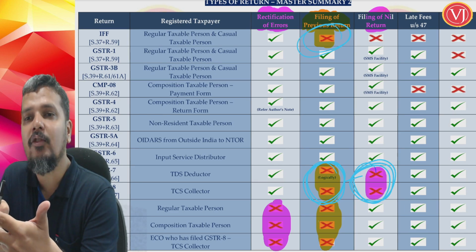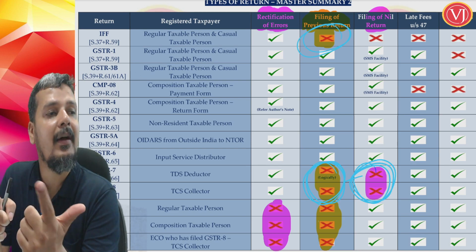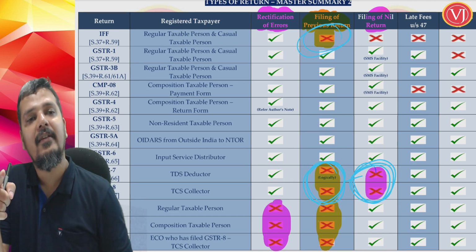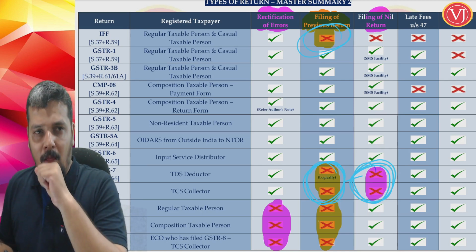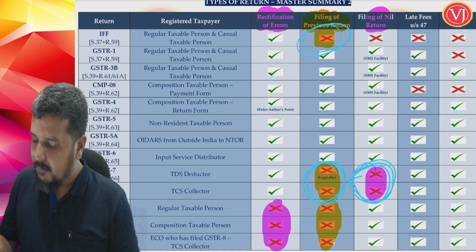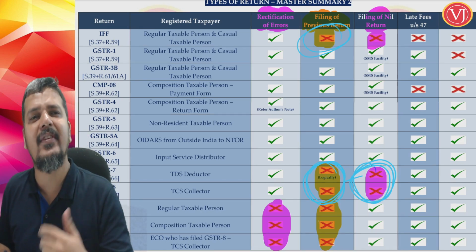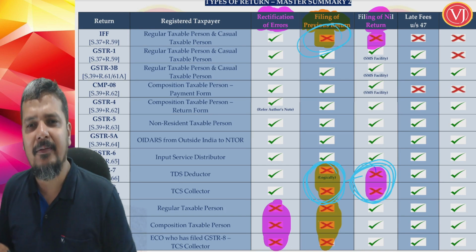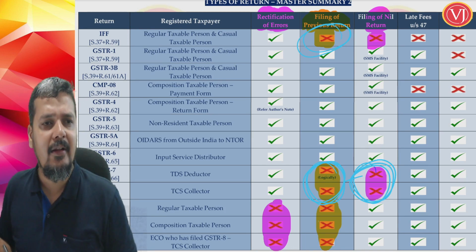Now the government is filing June month's GSTR 7 without even filing the previous month, that is May month's GSTR 7. Both are interconnected. And even for IFF, a nil return is not required because IFF is after all optional. If I have nothing to report, I may not file any invoice furnishing